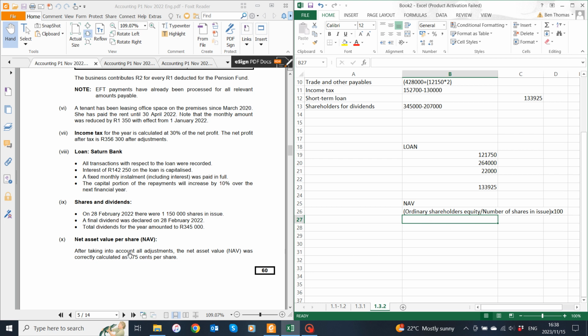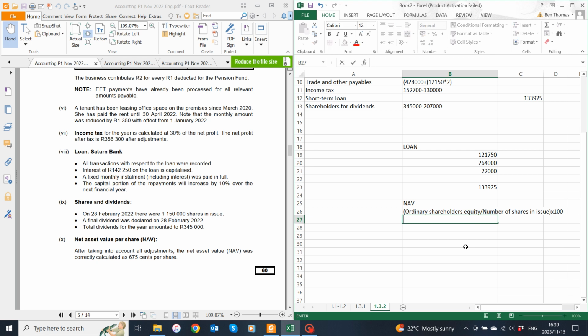So now we have the answer to this formula. We do not have the value of ordinary shareholders' equity. And we have the number of shares in issue because they gave it to us. On 28 February, there were 1,150,000 shares in issue. So we're going to use this sum to figure out what's going on. So we're going to say, now think about it, guys. It's going to be, let's see how we're going to do this. We're going to say equals,